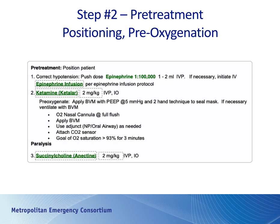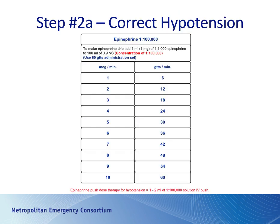So let's go into a little bit more detail about this pre-treatment positioning and pre-oxygenation. I mentioned we're going to correct the hypotension. So here is the table that's out of the protocol. It's the same table that's been in the protocol for a number of years, except we've added at the bottom of the page in red, push dose therapy for hypotension is 1 to 2 milliliters of 1 to 100,000 solution